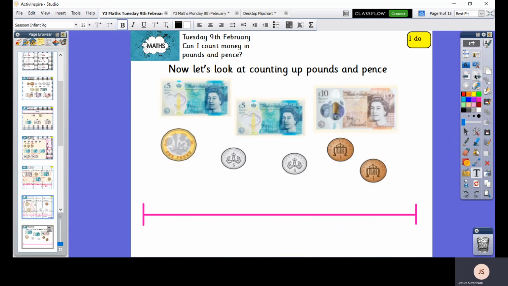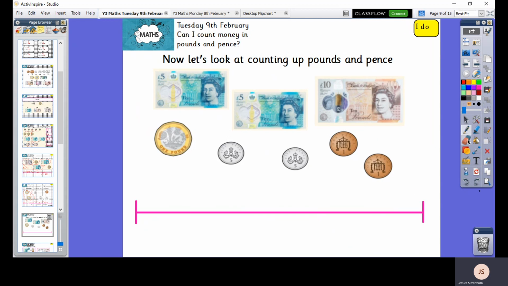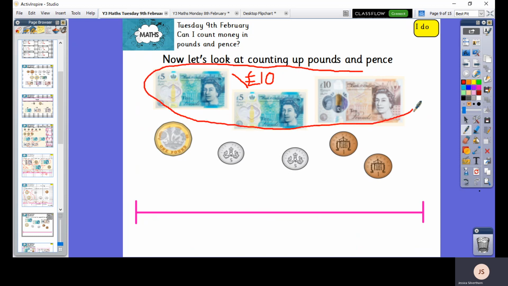There we go. Let's have a go with some notes. So at the moment here, we've got a combination of notes and coins that we need to add up. So we'll do something very similar here and start with the larger amount first. So the largest amount is a £10 note. Now, I'm looking at what else I've got here, and I'm thinking that I could be very, very efficient and think about the 2 £5 notes together again, because I know that the 2 £5 notes together, it's the same as £10. And then really what I can actually do is put them on the number line all together